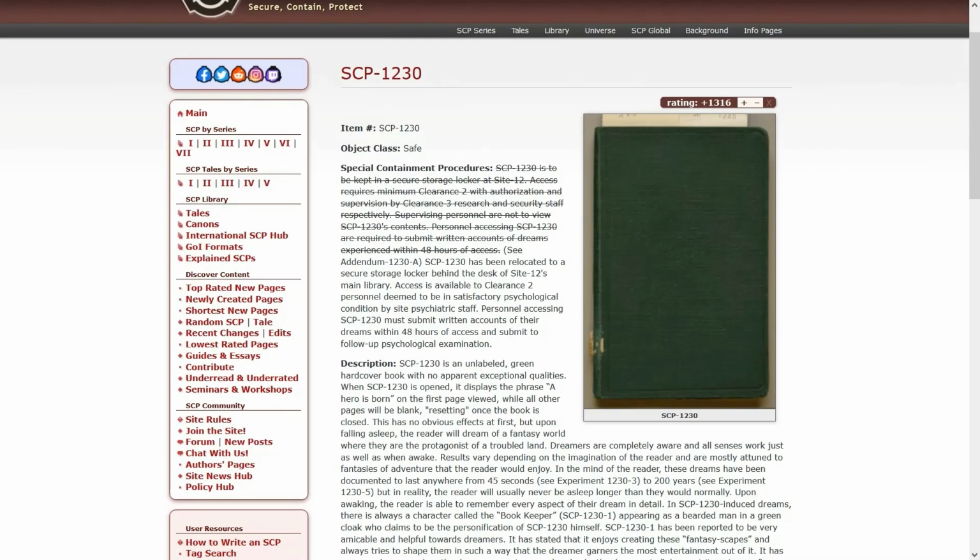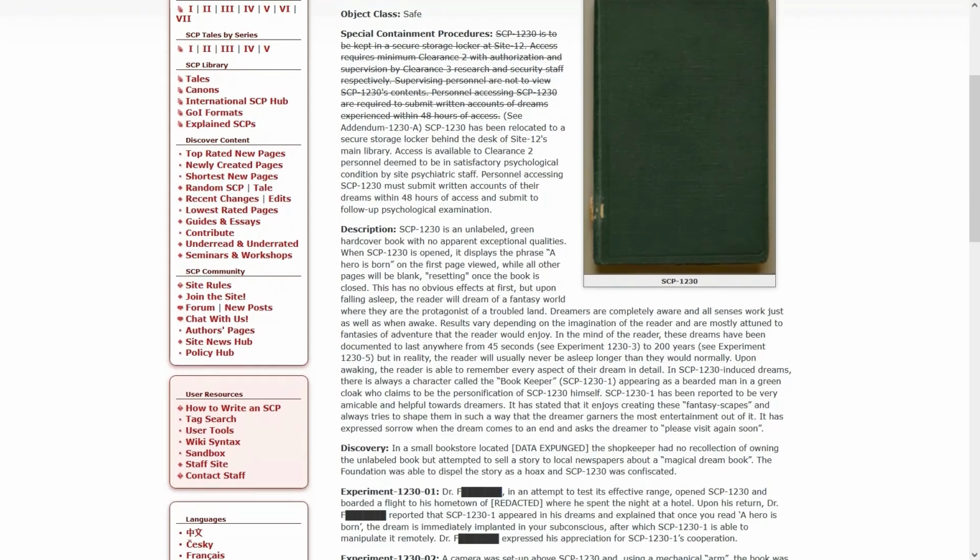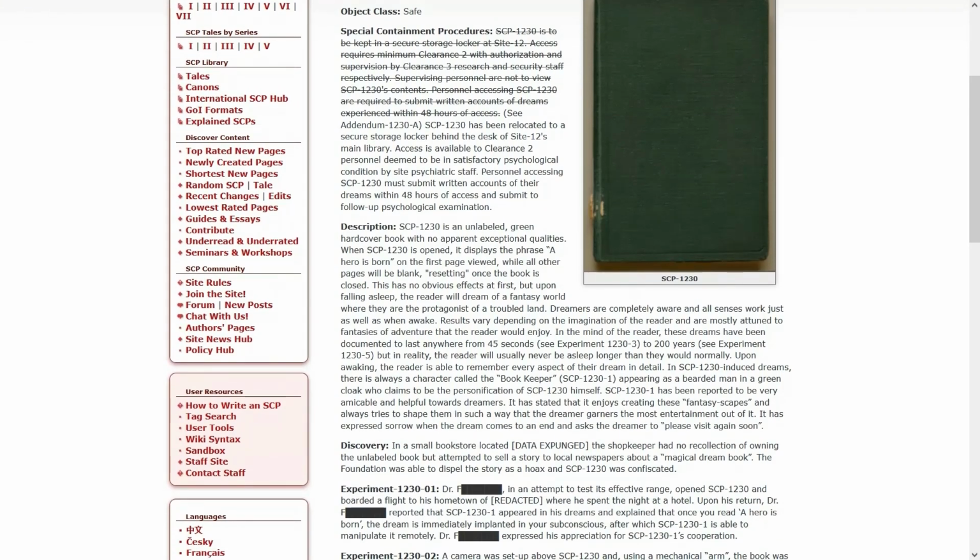So it used to say, SCP-1230 is to be kept in a secure storage locker at Site 12. Access requires minimum Clearance 2 with authorization and supervision by Clearance 3 research and security staff respectively. Supervising personnel are not to view the contents. Personnel accessing it are required to submit written accounts of dreams experienced within 48 hours. See Addendum A. Now it says, SCP-1230 has been relocated to a secure storage locker behind the desk of Site